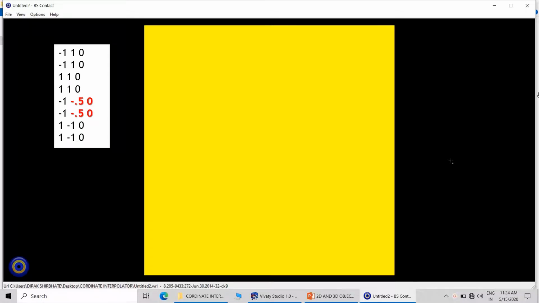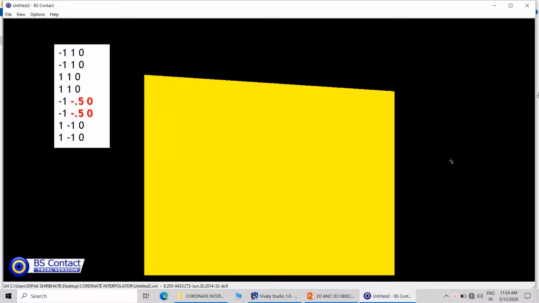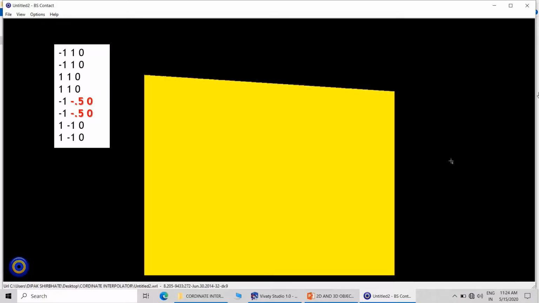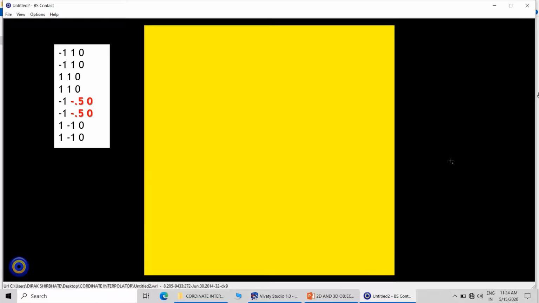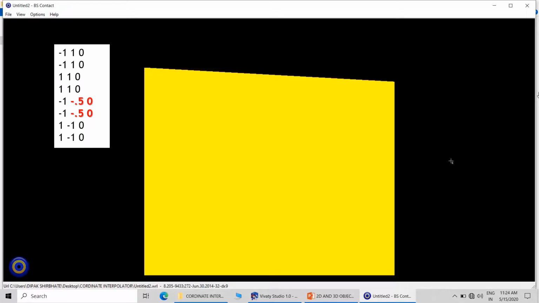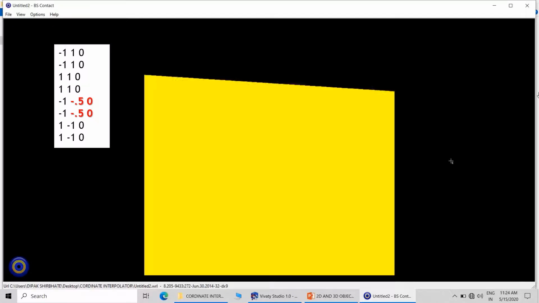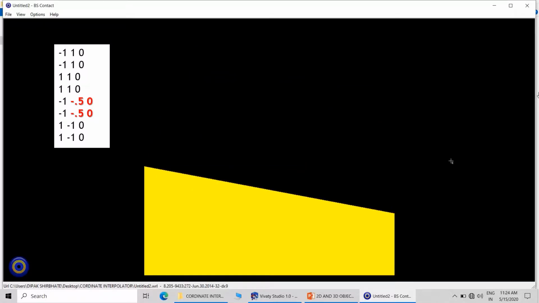So this is a 2D object actually. Same thing we can do with the help of 3D object also. So this is a 2D square, but we can use a cube also for the animation. This is a required coordinate interpolator animation.